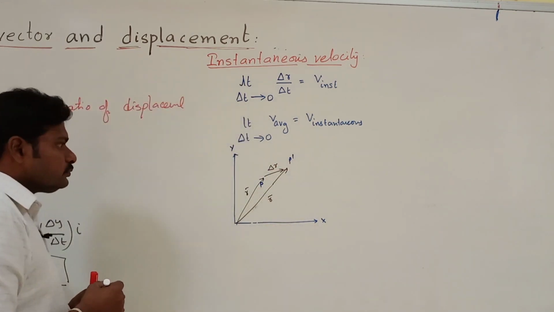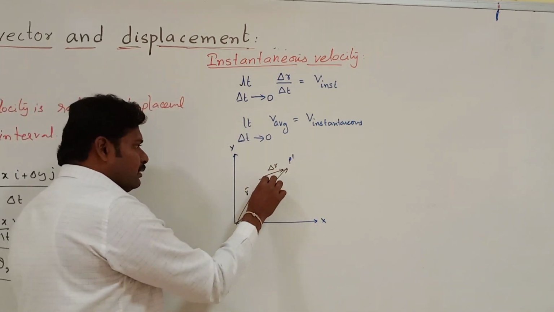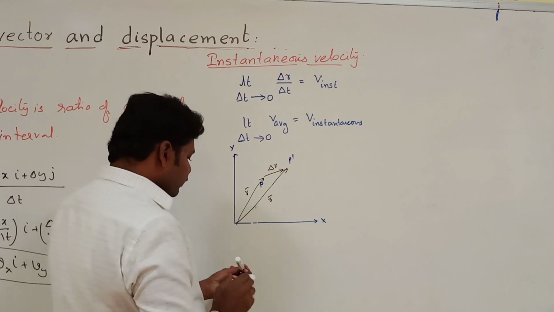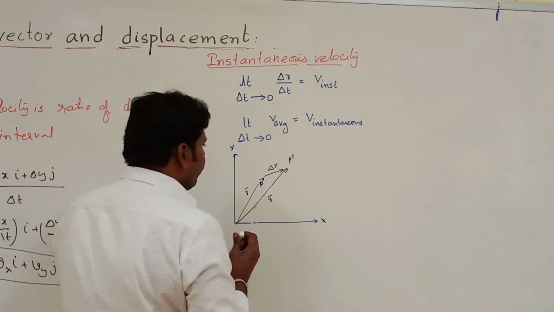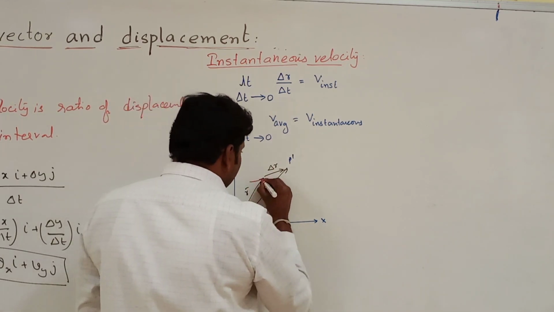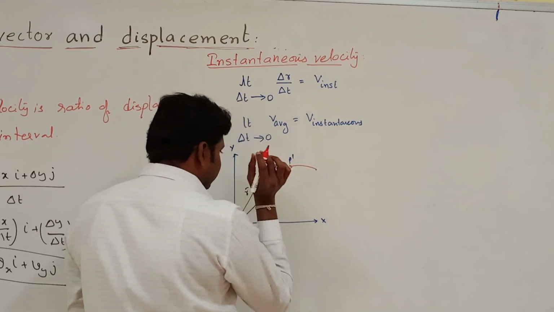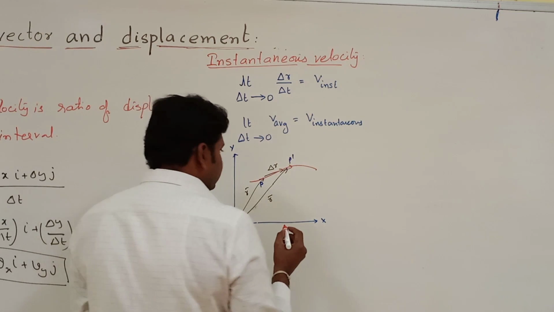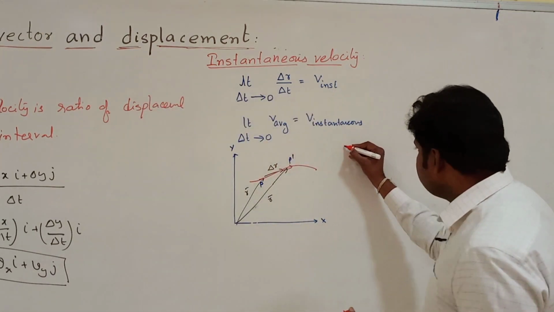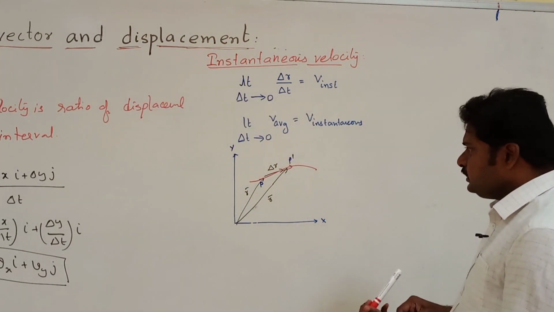Of course, the time can be taken for the body moving from point P to P dash. This is called the curved path. So this is called a displacement. Now the second thing here, let us simply analyze it.